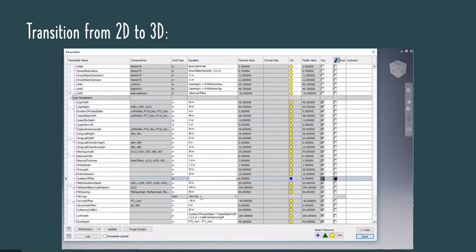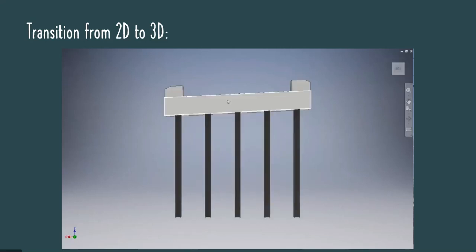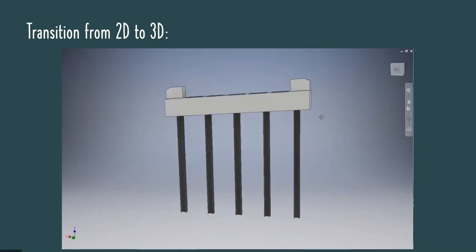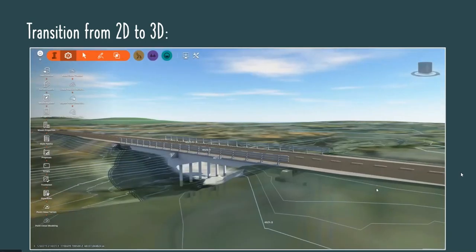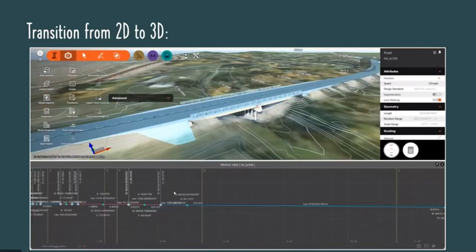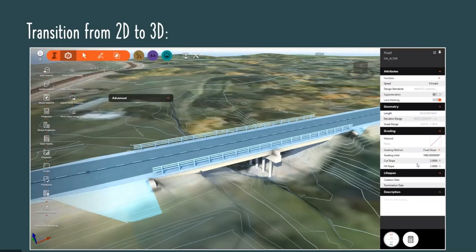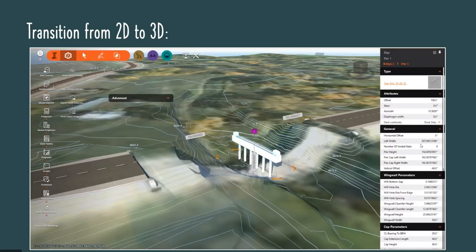So I'm just going to fly through this video and show how we dynamically change that pier to have fewer beam supports. And if I scroll a little bit further, it's actually changed from a 2% crown to on a skew. And so, yes, we could build these bridge components, and furthermore, we could bring these bridge components into a geographical location with another, and I'll talk a little bit more about the tools we're using here in a little bit, but we could bring those components into a geographical location here in InfoWorks